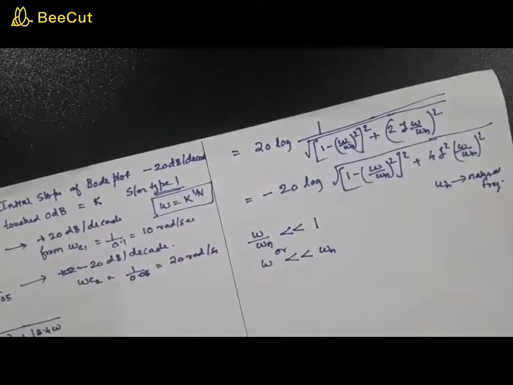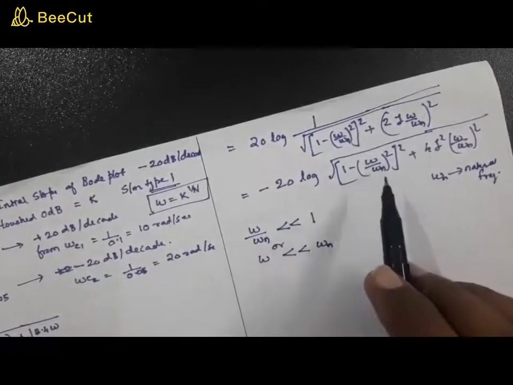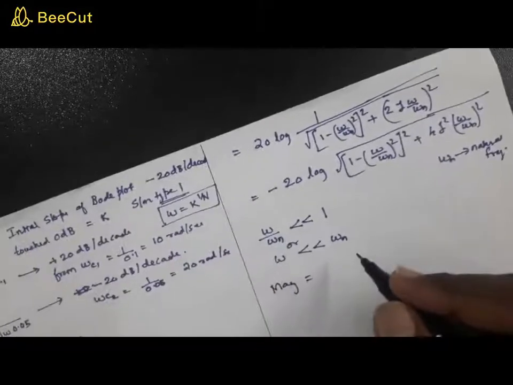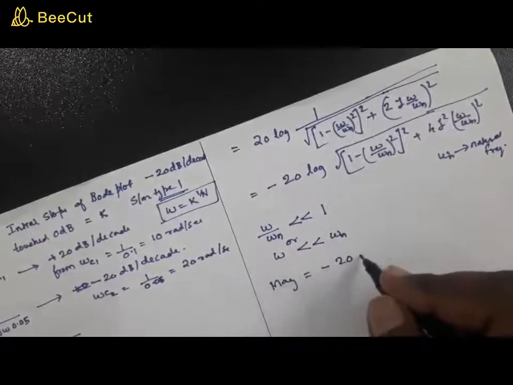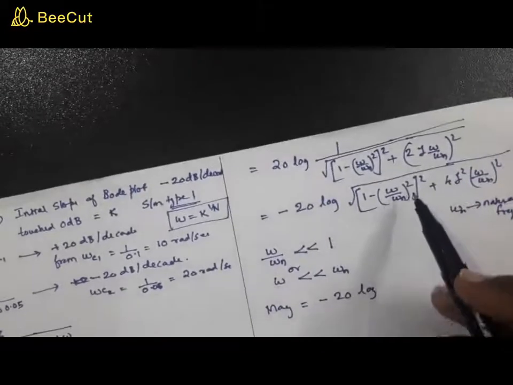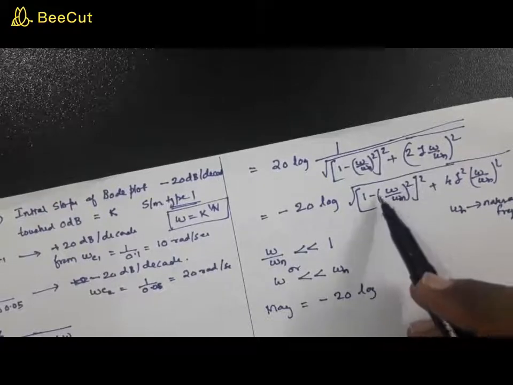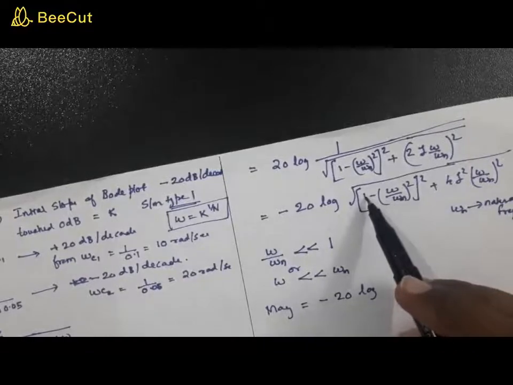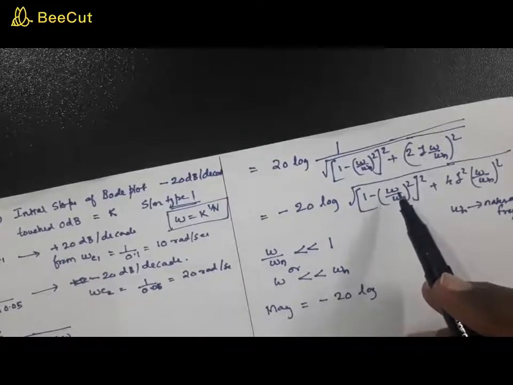That is, there is a natural frequency of the system, and for frequencies well below this natural frequency, what is its magnitude? The magnitude will be equal to minus 20 log. Now since omega by omega n is much less than 1, its square will be much smaller still. Therefore, in comparison to 1, you can simply neglect this, so that becomes equal to